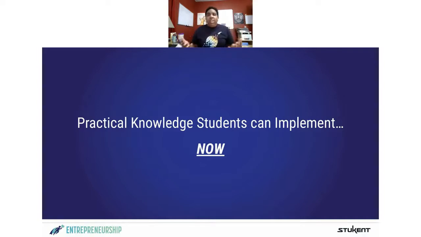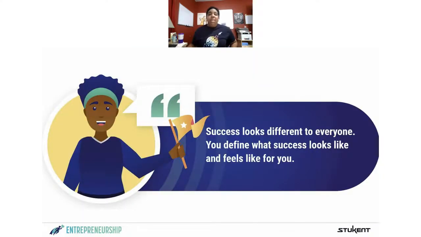I'll use this in 10 years. No, you can use this on Friday. You are working on this worksheet. You are brainstorming these problems, and then you are creating your business. You are going and classifying your business. You are looking up what your local regulations are, and you are taking the steps to actually start your business.